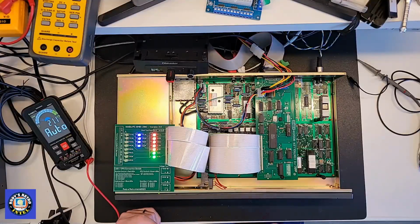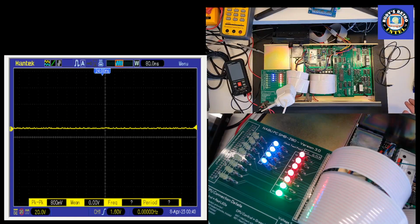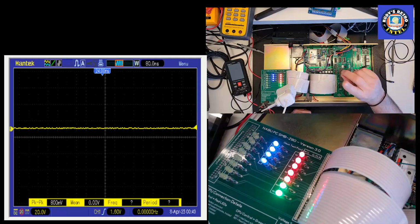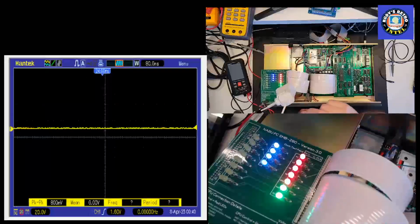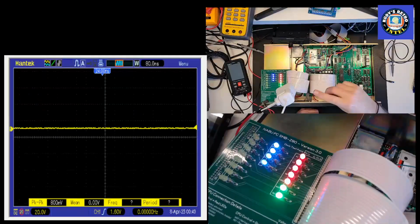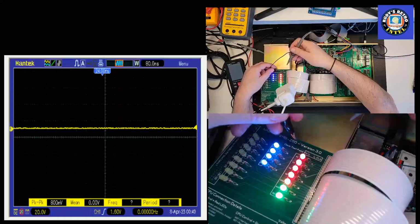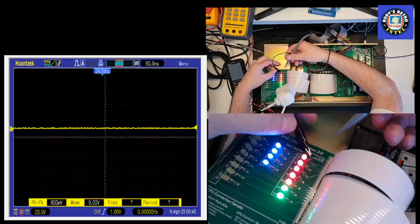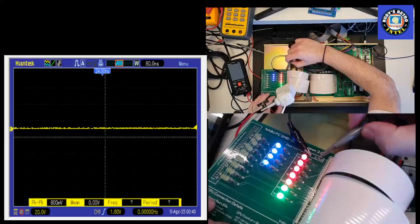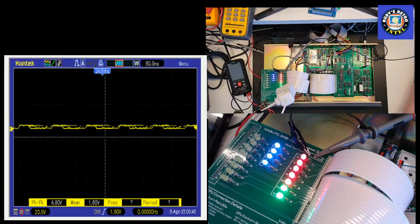Next, let's hook up the scope and check out the clock. Okay, now we're ready to hook up the scope probe. I have the camera set up so you can see what's going on from above. You can see the board, and on that side you're going to see the scope. So let's plug in the scope and check the clock. On the board there is a ground here, so we can hook up the ground lead to there, and we connect the probe to the pin there, and we can see a signal on the scope,